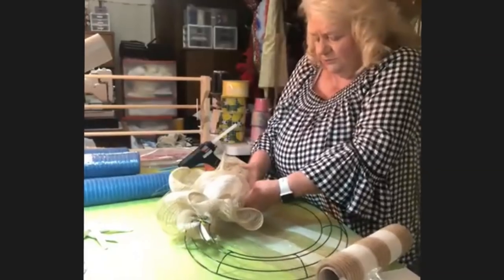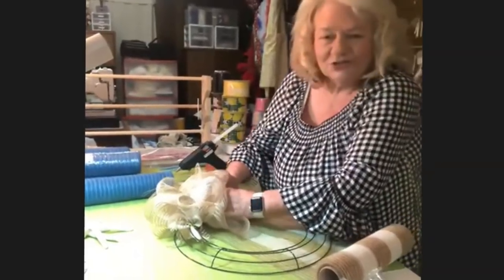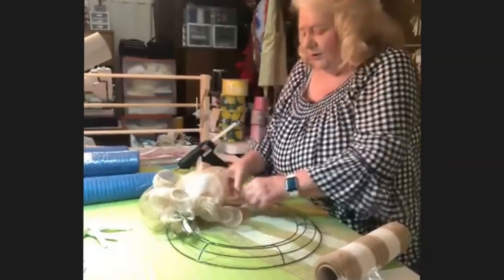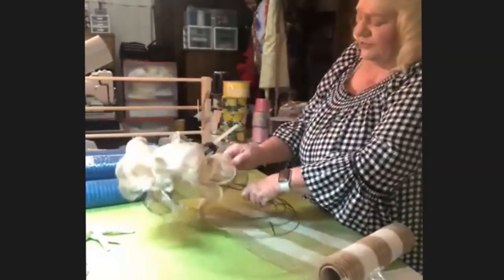Okay, tying the zip tie is the hardest part of this wreath. If you can do that, you can do any of it. All right, here it goes. Okay. And like I said, the rest of it, for this one at least, is just pulling